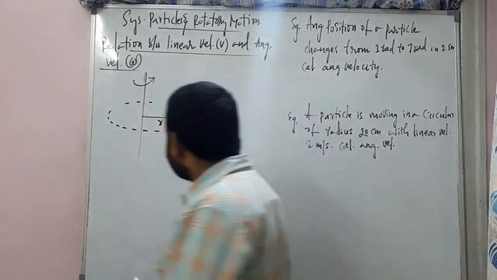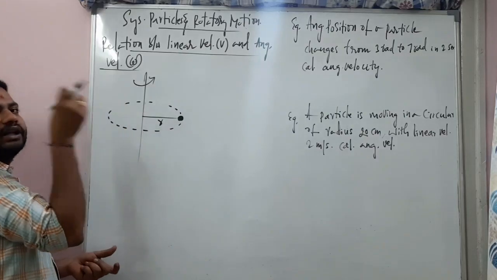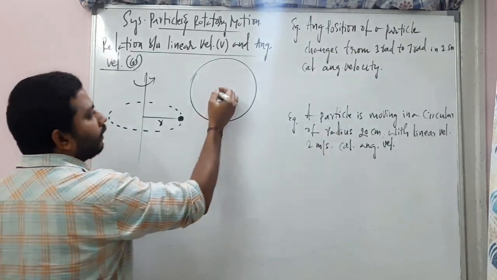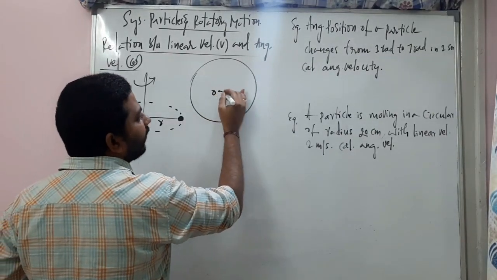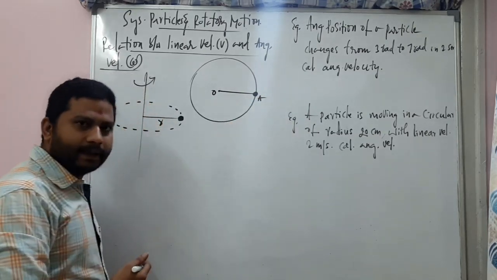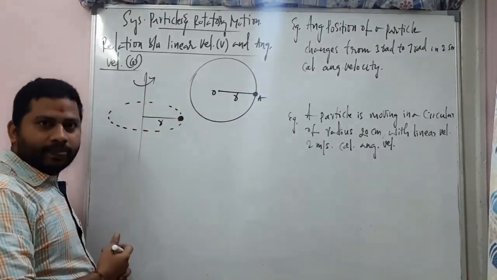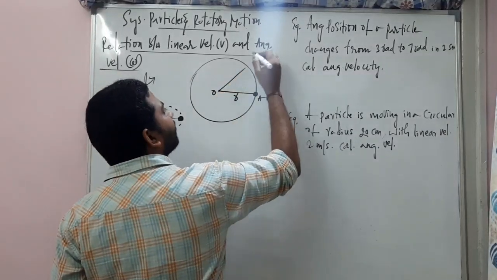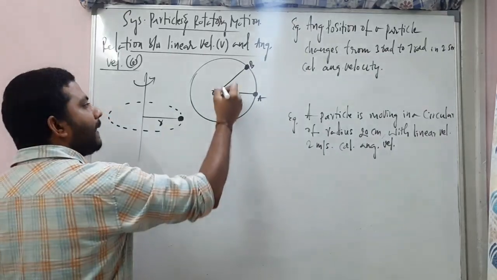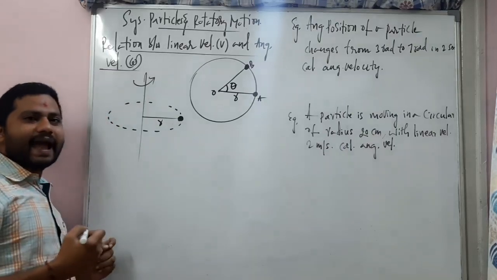Let's suppose you study only the circular motion of that particular stone. So that is the diagram I am drawing here. This is the center and this is the stone's position A, and this is R, the radius of that circular path. After some time, the particle has reached the point B, moving in a circular path, by making an angle theta here.